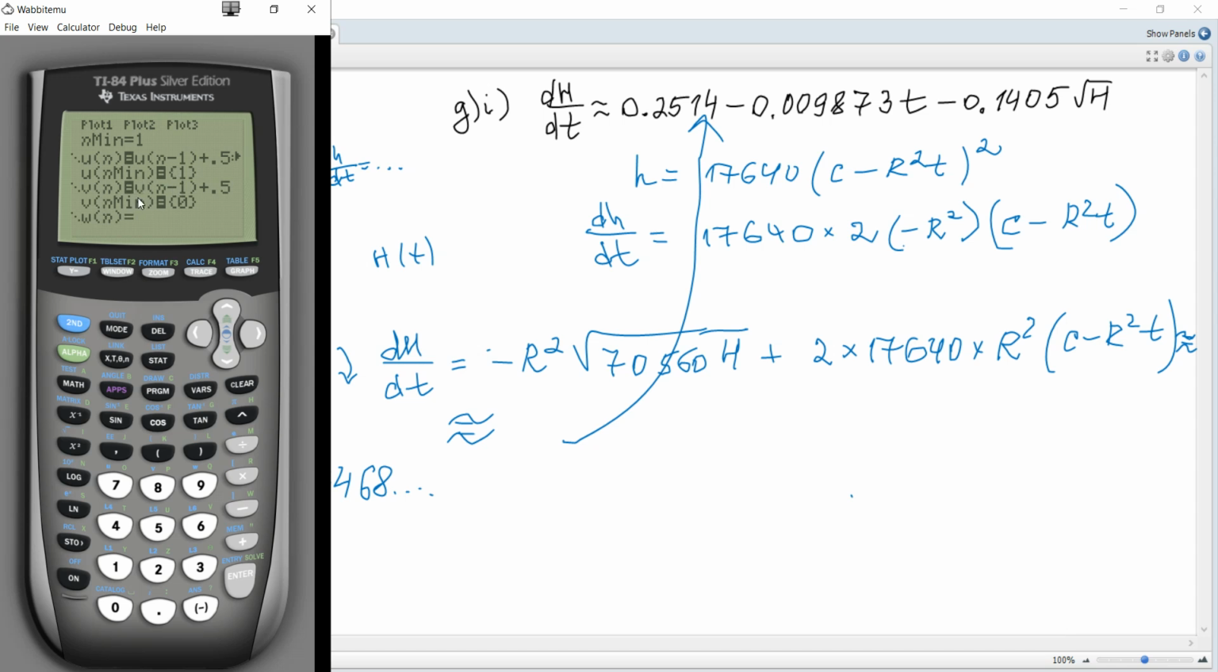Then v is time, so v of n is equal to v of n minus 1 plus 0.5 because it is given that the step length is 0.5 minutes, and the initial value of t is 0. And then second and table, and we need the maximum, to estimate the maximum value of h. H is u, so